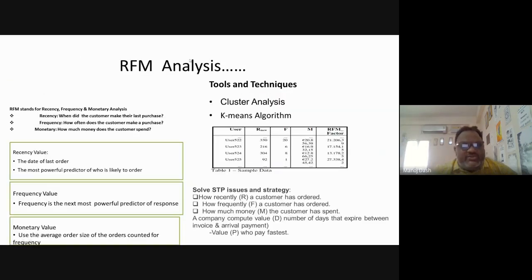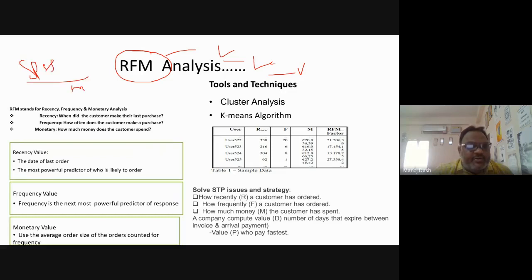Then there is another technique called RFM. RFM means recency, frequency, monetary value. This will help us to understand who are my loyal customers, who are my lagged customers, who are the more valuable customers. So there is software called the SPSS Advanced Marketing Module, where we can use the RFM technique to understand